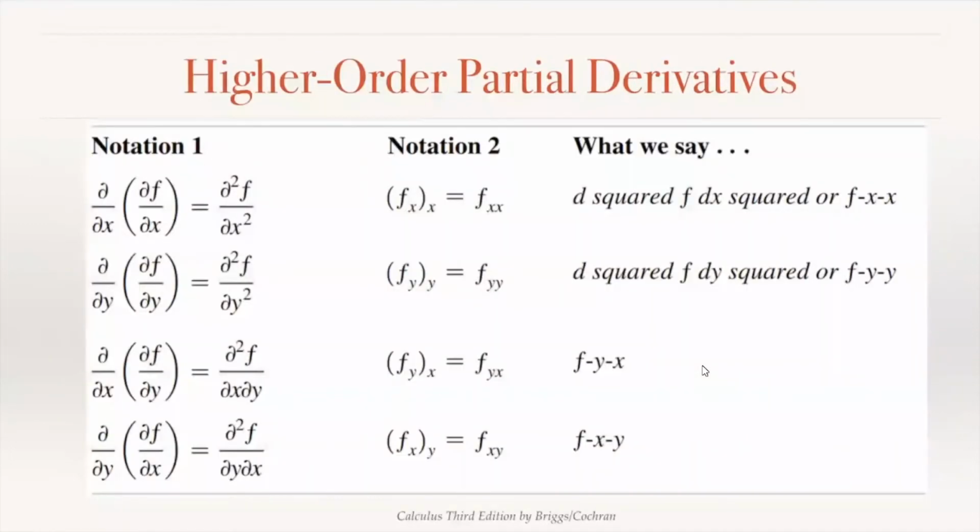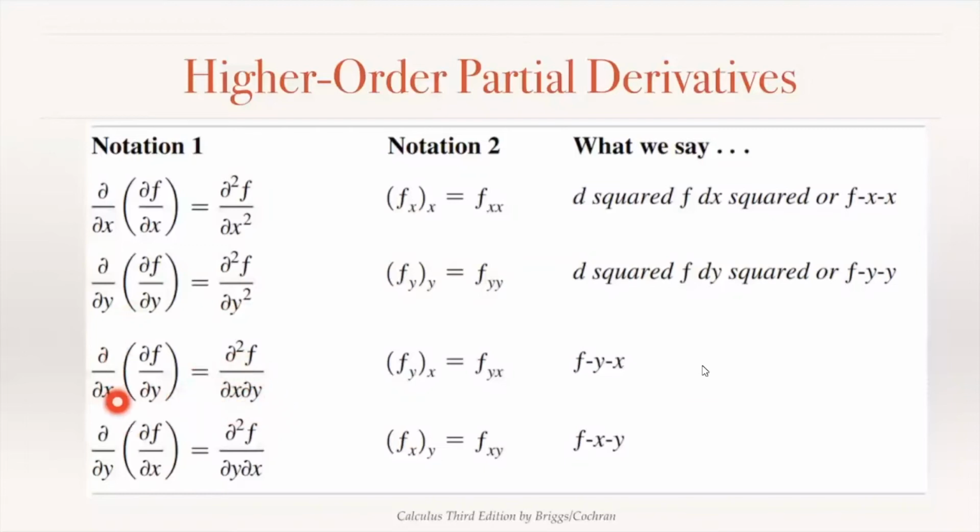Now we can take higher order partial derivatives. Just as in Calc 1, you could take second derivatives or third derivatives of functions. It's just doing the derivative twice, except now we can take, for example, del x of del y of f. So that means that we would first take the partial derivative with respect to y, and then take the partial derivative of that with respect to x. And we have compact notation for this. So del x of del x is del squared f del x squared, just like in Calc 1, d squared f dx squared. Similarly for y, and if we have a mixed partial derivative, then the order, well, we'll see it doesn't really matter in most cases,